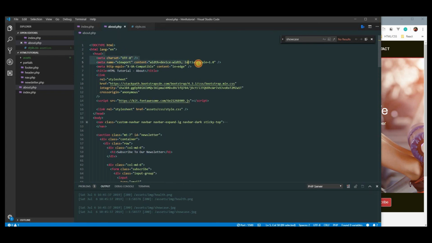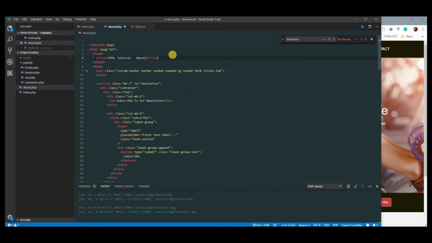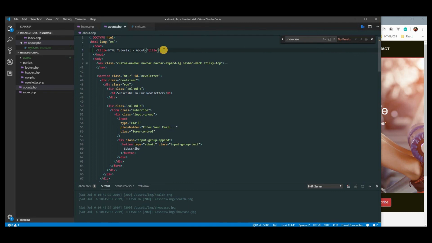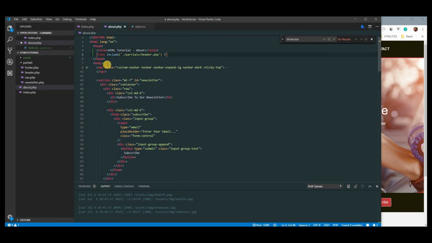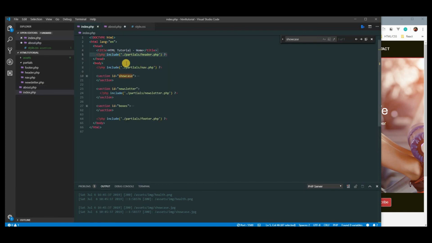So we're going to remove this, we don't need it anymore, and this we don't need anymore, and we're going to add the header from the index. Come over here and add it there. We're not going to need the navigation anymore, so we come over here and grab the navigation,